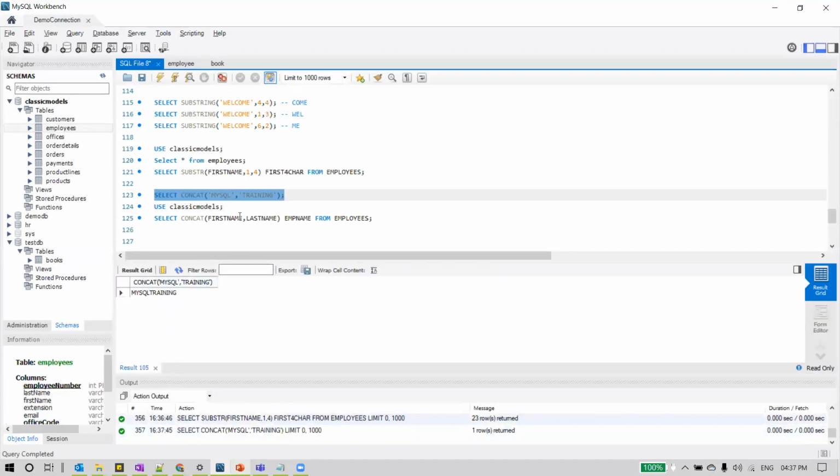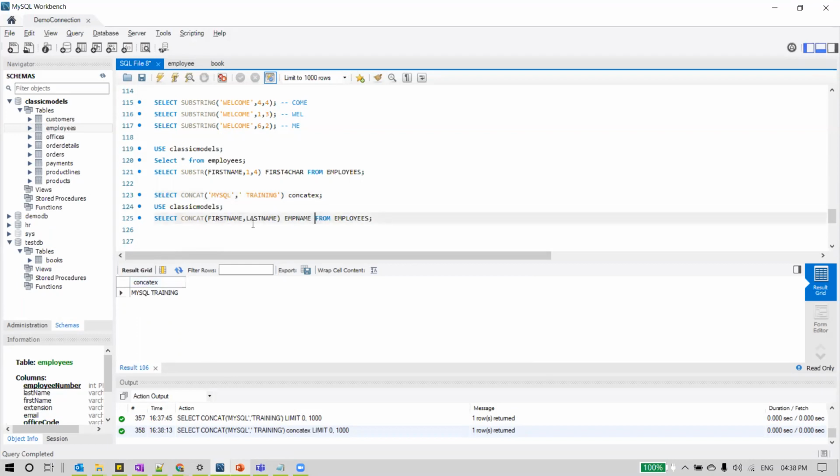You can see it here. In MySQL, it appends, or we can say it joins these two and gives us the result. This is the use of concat. And if you want some space here, you just need to give a space before the second string. Now let me execute this. I'm just saying concat example as an alias. You can see it here. So what did the concat function do? It just joined these two strings and gave us the result.